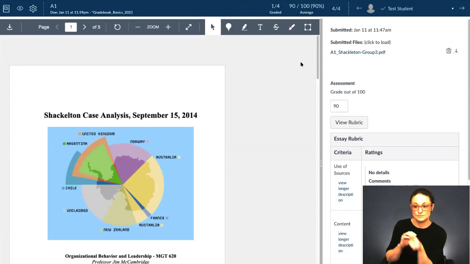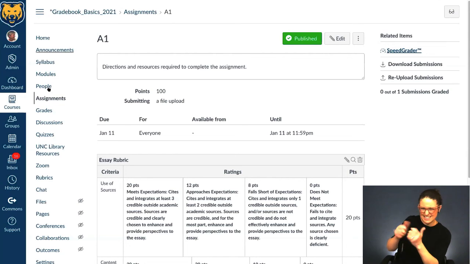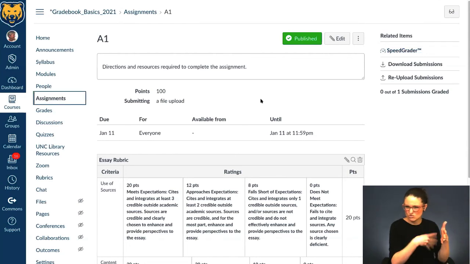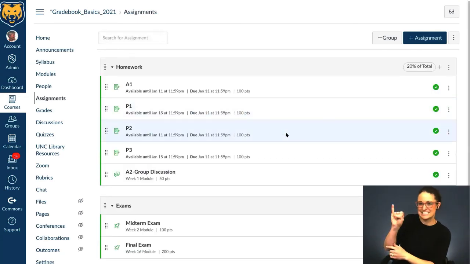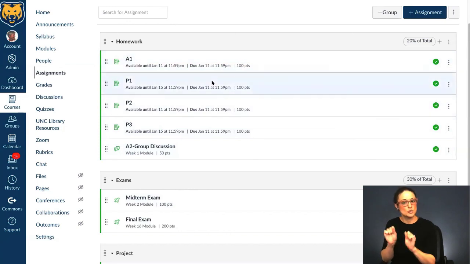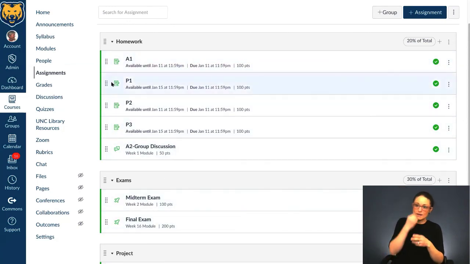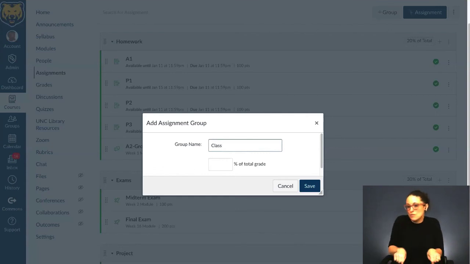I have a question. Okay. If we have a percentage applied to class participation and attendance, how do we fit that on the grid, or is it the assignment page? So you may want to create a different area for it. I weighted this as homework, exams, and project. If class participation fits into one of these, then you can have that, or you can create a group for class participation